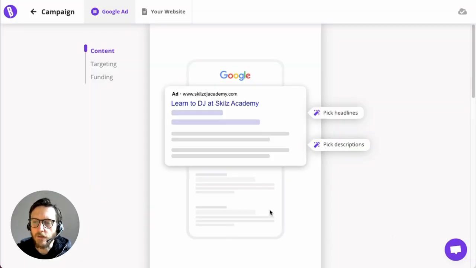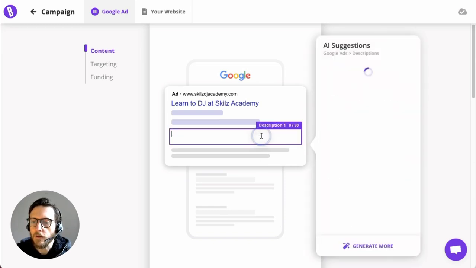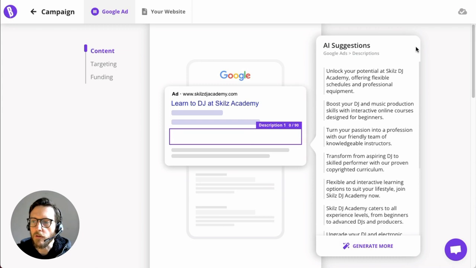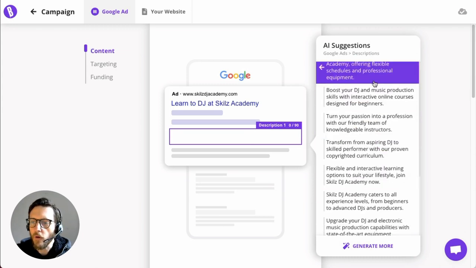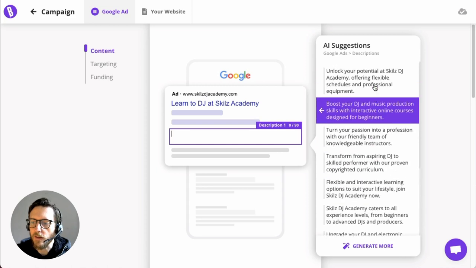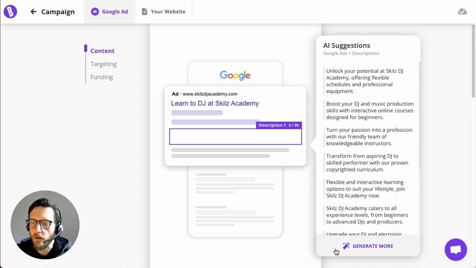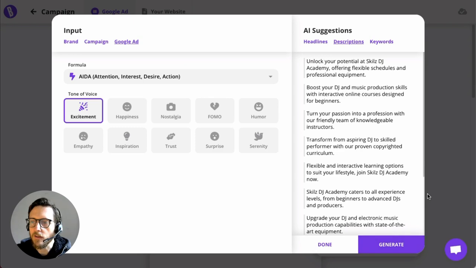Nothing has really changed about our ad editor here. But once you click into a field, the text suggestion modal that you might be used to looks a little bit different now. One thing that you might notice is that we now have a button down here that says Generate More Suggestions. So once you click the Generate More button, you'll be greeted by this regeneration modal, which is